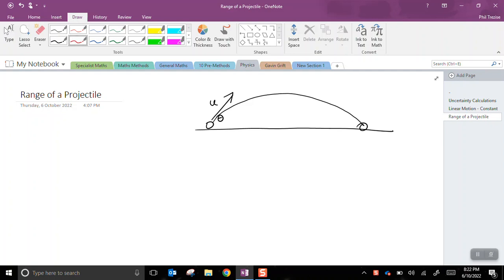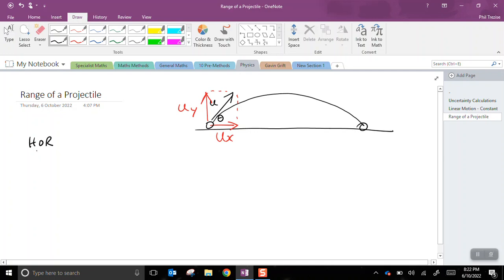So the way to approach this question is to divide into horizontal and vertical motion. So I'll label this ux, the starting speed in the horizontal direction, and this will be uy. Now as the thing flies through the air, we will have to consider horizontal and vertical separately. So let's make two lists. For horizontal, we have ux,